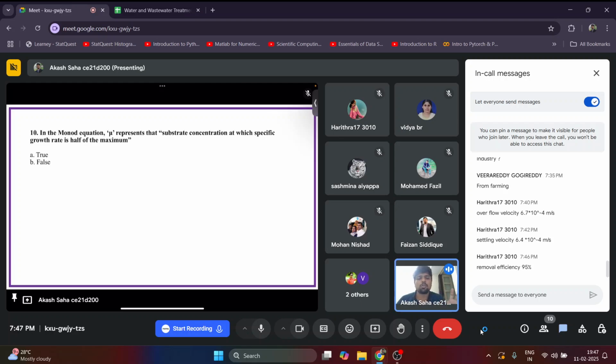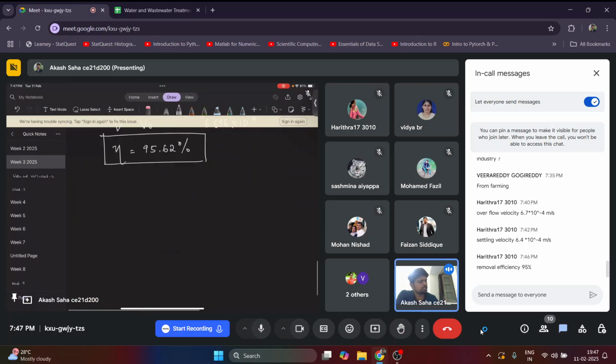But this is also known as something. Can someone tell me what it is known as? You have seen the answer already, that's why I'm not discussing. It is false. But what is it known as? Any idea? What is the substrate concentration called when the growth rate is half of its maximum? So as per the Monod equation, Monod kinetics,